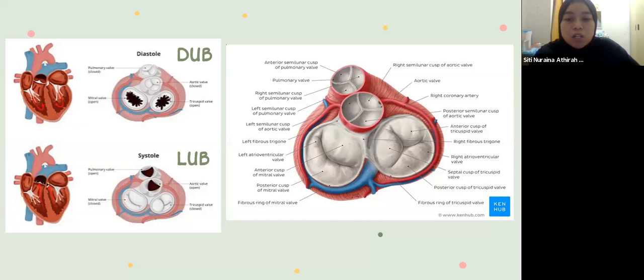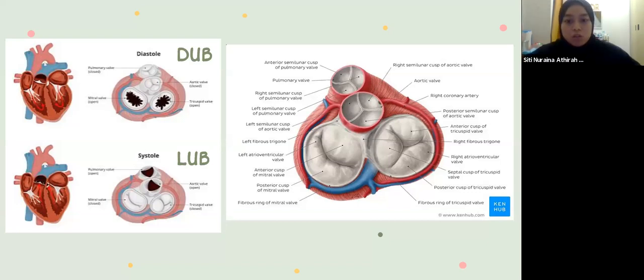The name of the cusps is basically according to the anatomical position of the cusps. For example, for the aorta, we can see there is the right semilunar cusp of the aortic valve, the left semilunar cusp, and also the posterior semilunar cusp. Okay,